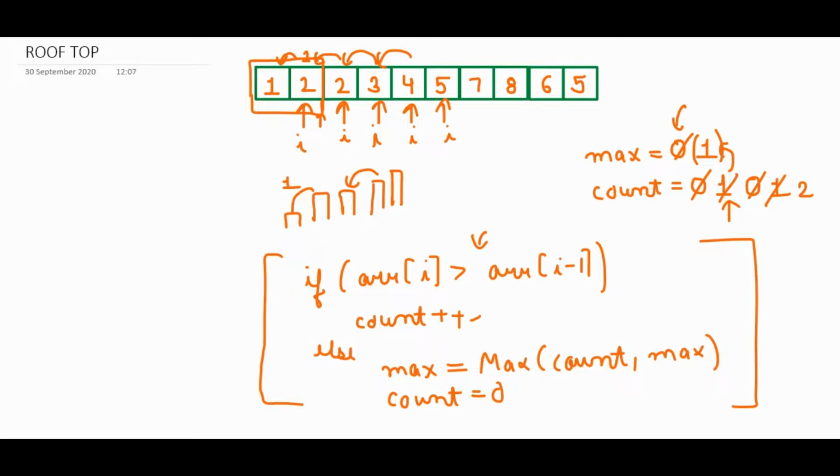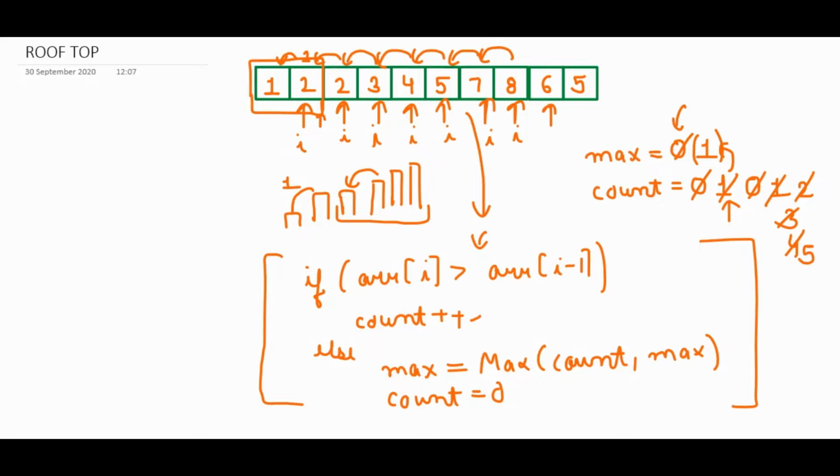Our i will point here and we will see the same condition, this one, that if array of i is greater than array of i minus 1, yes it is. We have to increase our count. It will be 3. That means we have got another building which is greater than the previous one, and they are the consecutive buildings that we are finding, right? Then I'll move forward and I will point to 7. Same thing will happen. It is greater than the previous element. We will increase our count to 4, right? Then again we will move forward. We have an i which is 8 and which is greater than the previous element, right? So we will increase our count to 5.